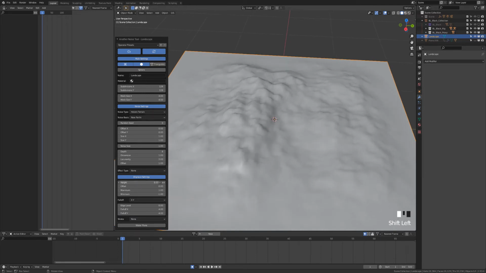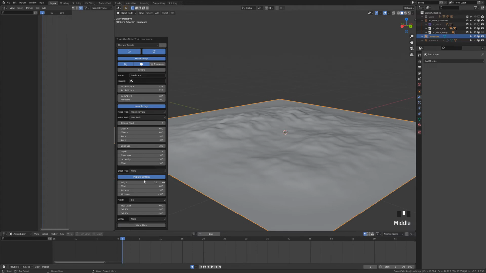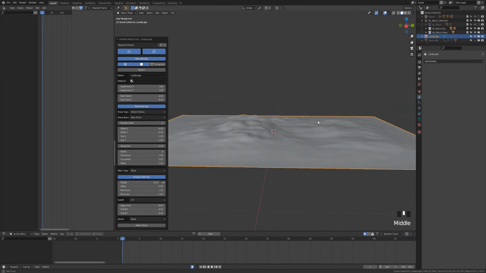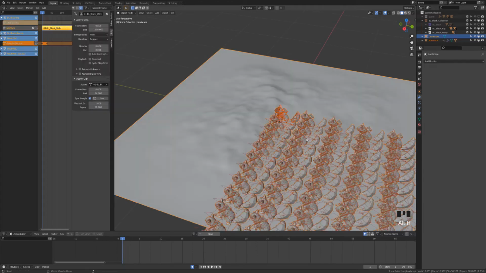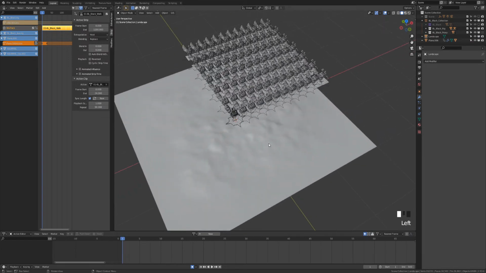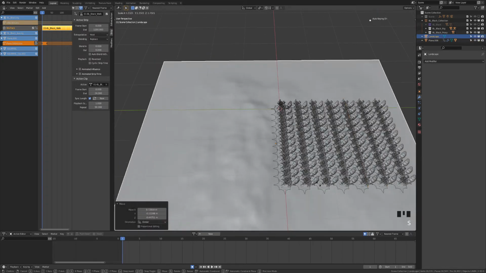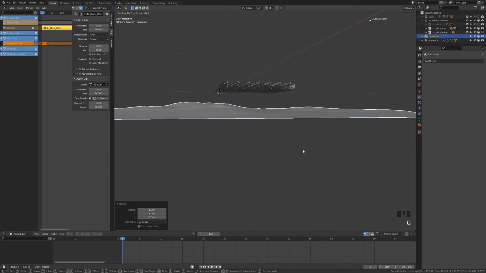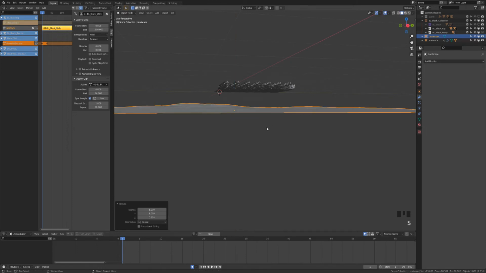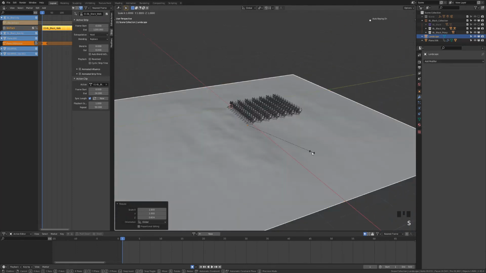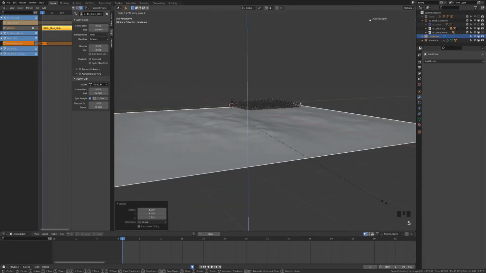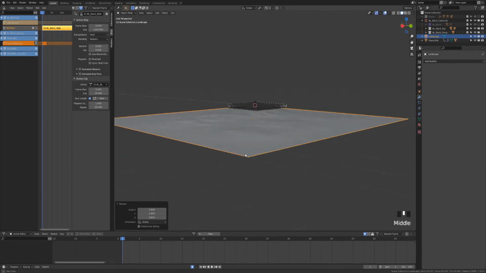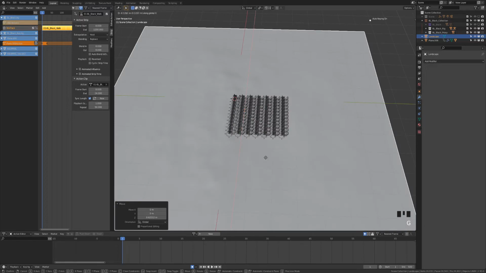I changed the height, it's a little bit lower, and that should be enough. So I can unhide everything with Alt H. Can now move here the surface under the scribble army. Maybe scale it on the Z-axis, so to make it noisier. You can adjust the strength of the surface. So